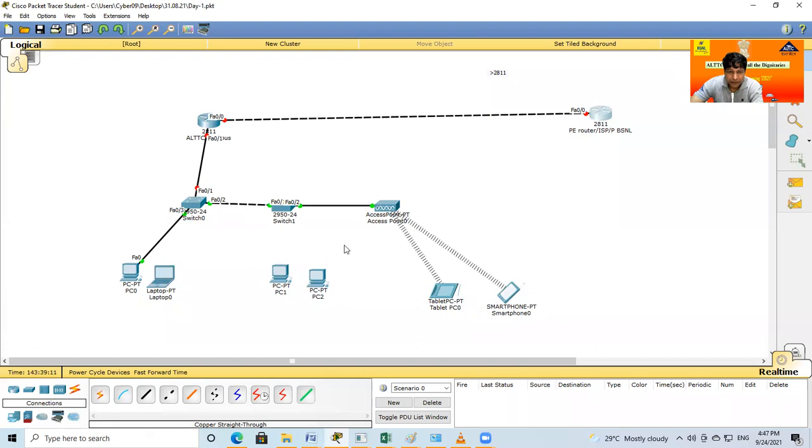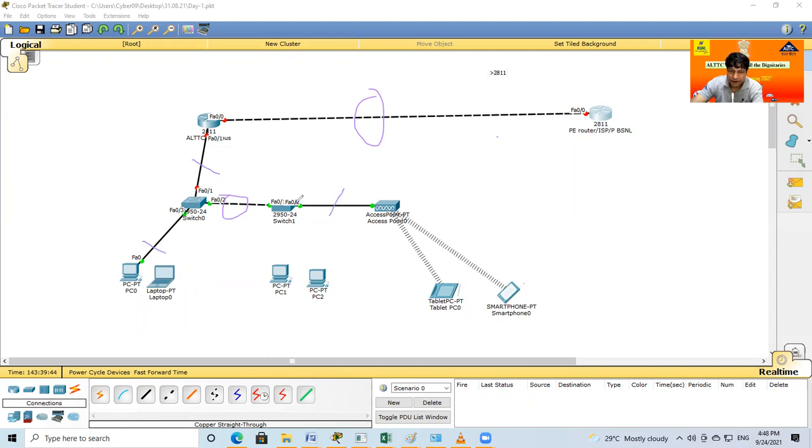In the last session, we concluded which types of cable are used for communication: crossover and straight cable. Very clearly, if both devices are similar, router to router or switch to switch, we use the crossover cable. You can all see here, this is the crossover cable. So we connected router to router and switch to switch with crossover cable, and all the remaining connections use straight cable.